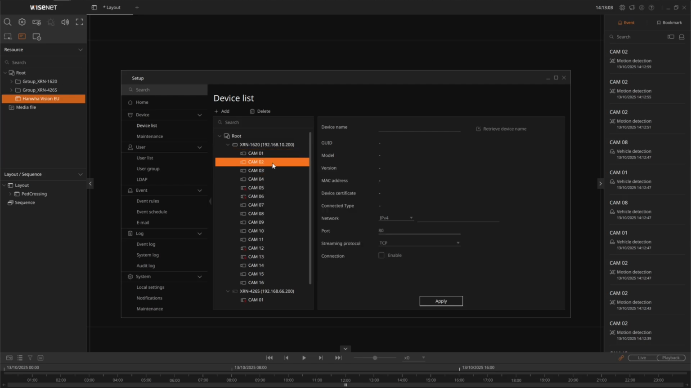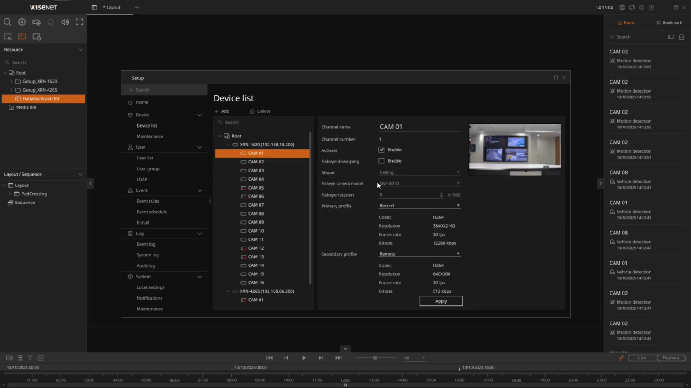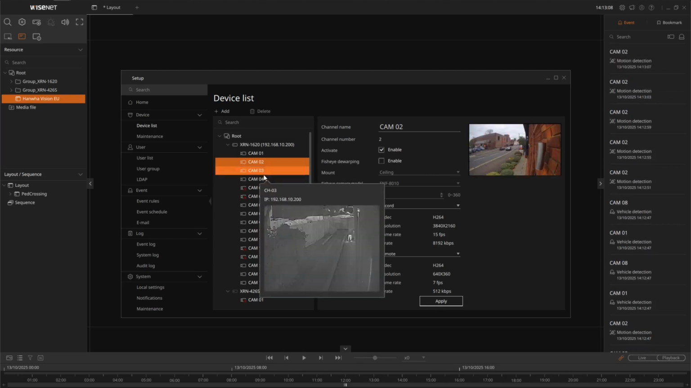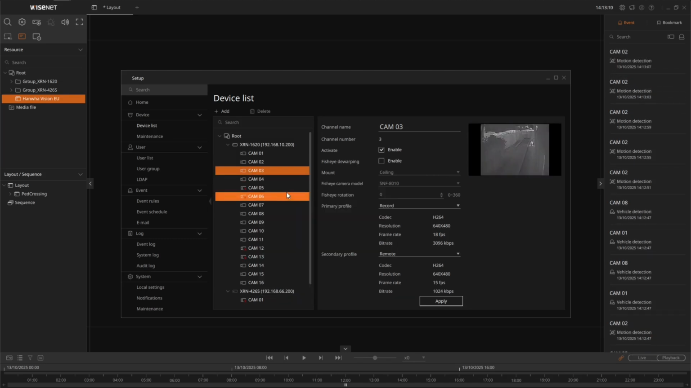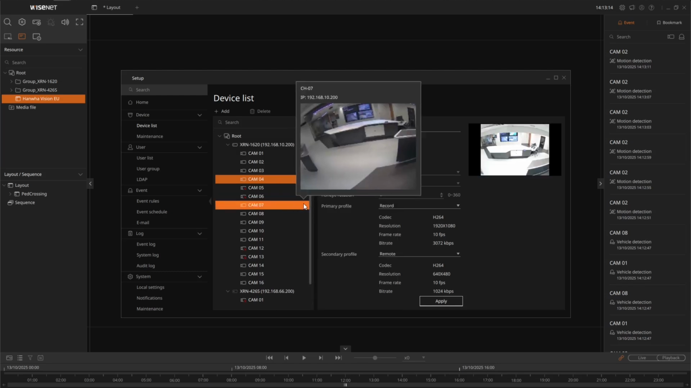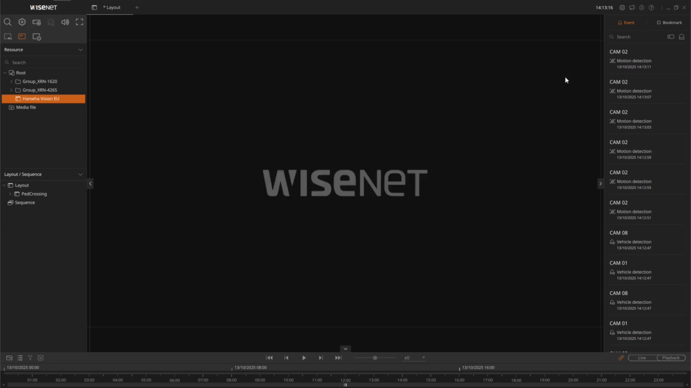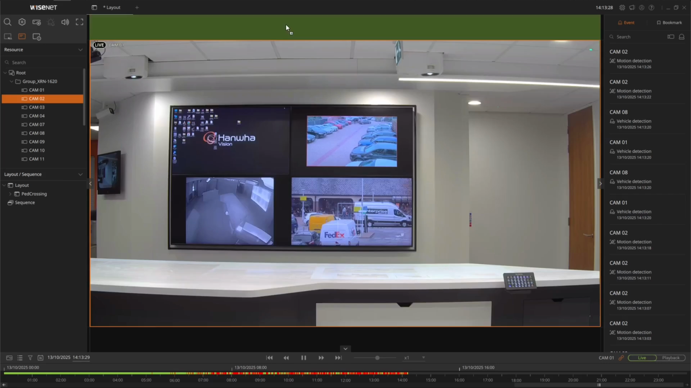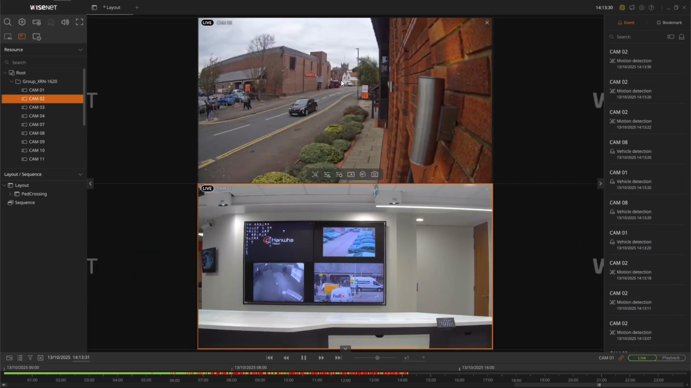But on the whole, I've got the recorder here with my cameras, and so I can flick through or just click through some of these and see the cameras in question. And I can close this window now because I've already set up the recorder, and it's going to appear here as group XRN1620 because that is the recorder that I've chosen. And I can double click and bring the camera in, or I can drag a camera in,